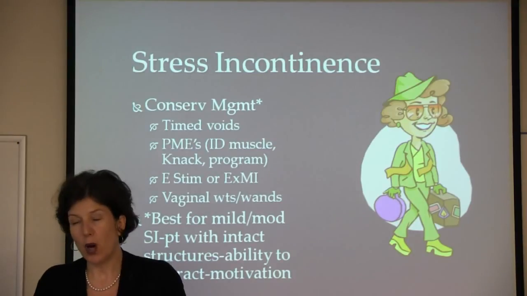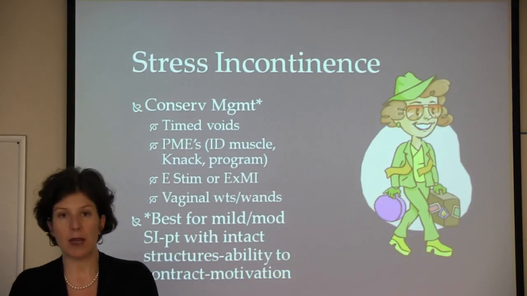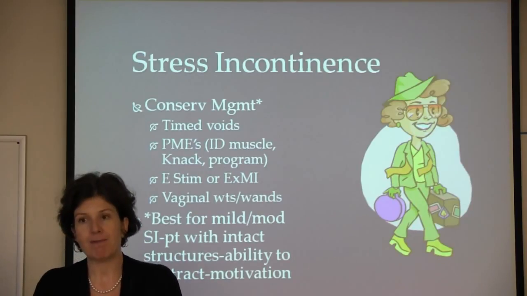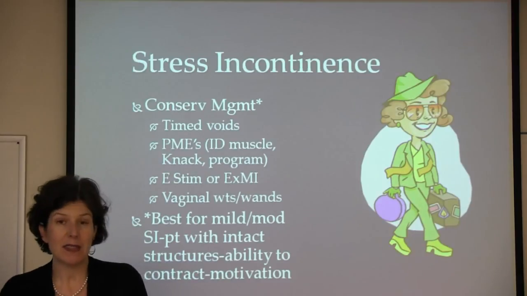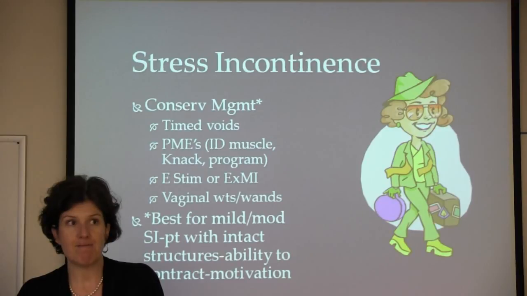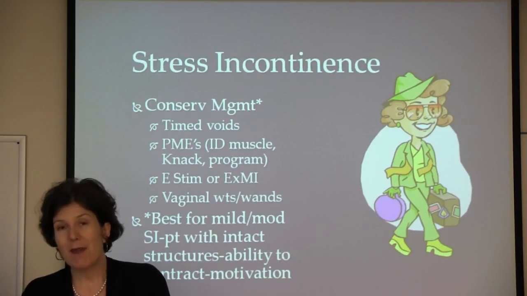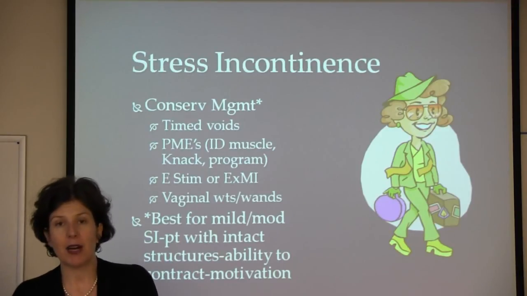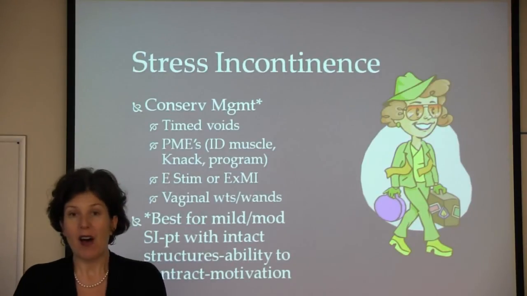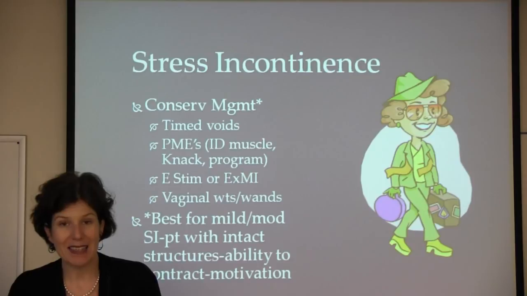Vaginal weights and wands are actually devices that are placed in the vaginal vault to help patients to improve their vaginal strength. These weights or balls can be obtained from different adult stores, but they also can be obtained from www.middlesexmd.com. A lot of patients are not willing to go into these stores to get them, although their popularity is being heightened after the